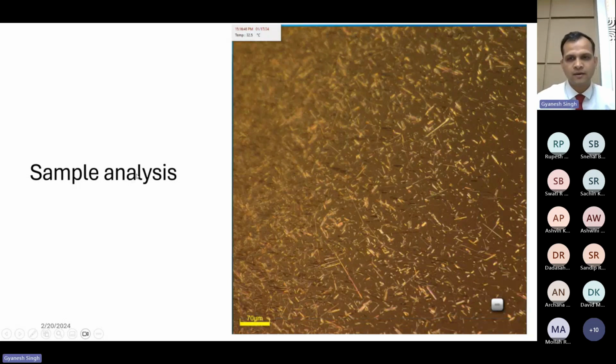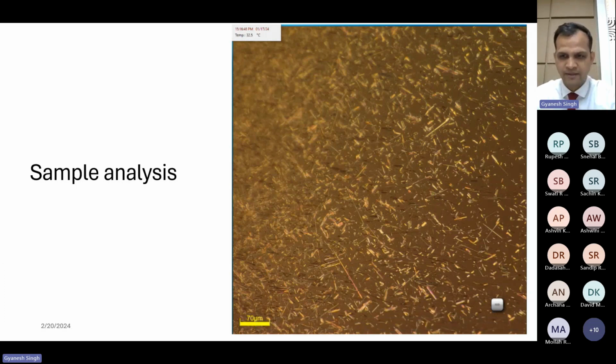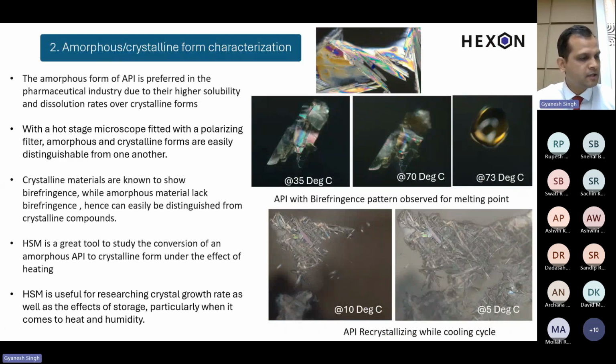So this is a quick, of course quite big, video. This is how a sample melting helps you to understand different morphological changes in the sample, not only for a specific API, but also if it's a mix of multiple regions. We have seen some samples change their shape first into a rod shape, and then at a specific temperature they melted. So these are the possibilities with hot stage microscopy. Now let me go ahead, the next topic is